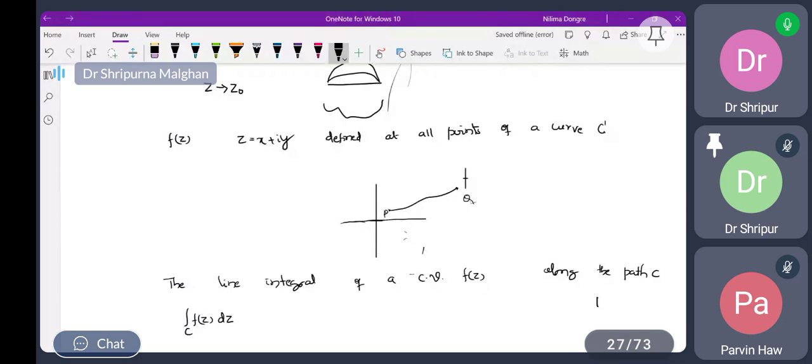So suppose you see along this path, this is a line integral from P to Q. It is denoted by integration over C of f of z dz because we don't know what C is there, so in general we write from P to Q. If C is a simple closed curve,